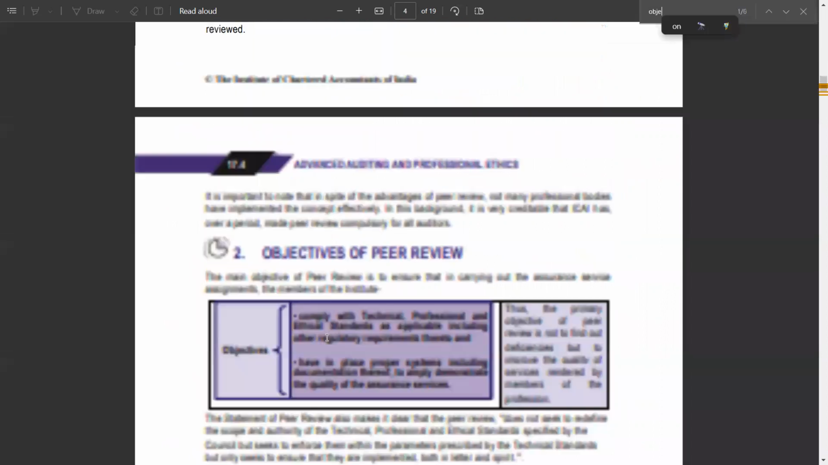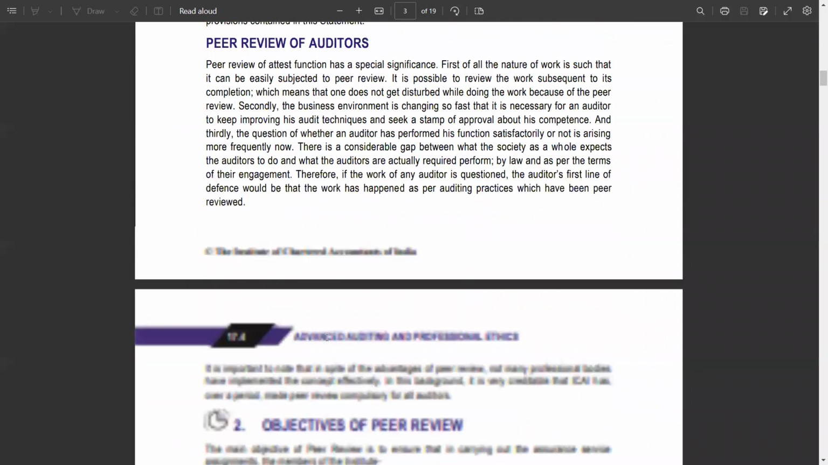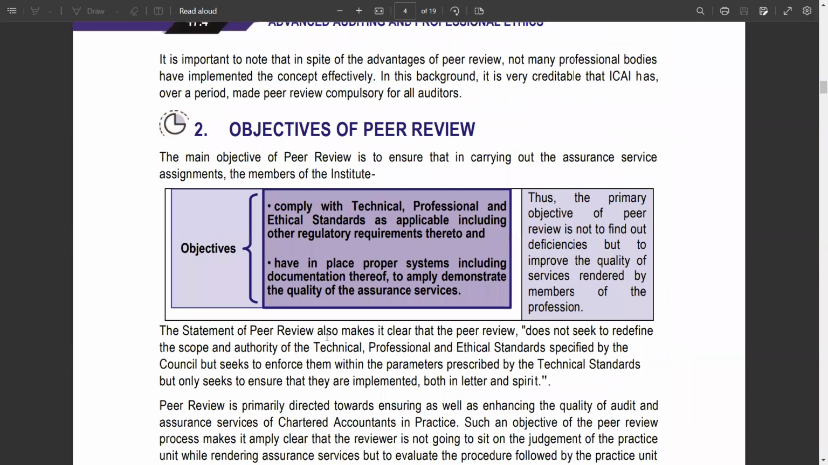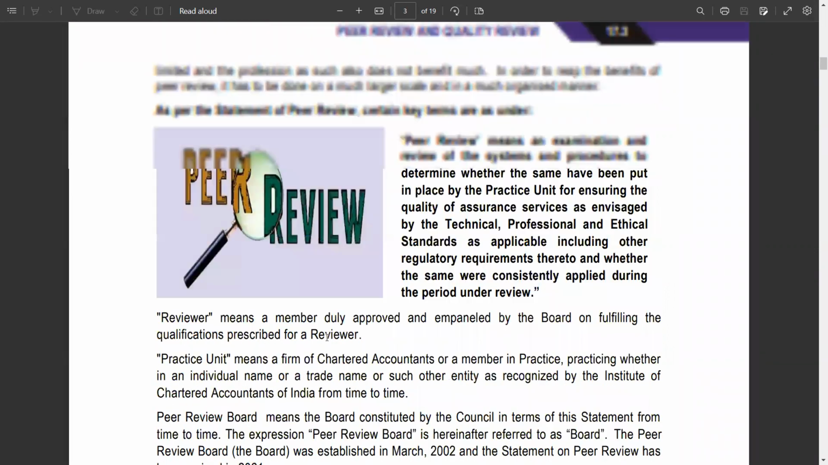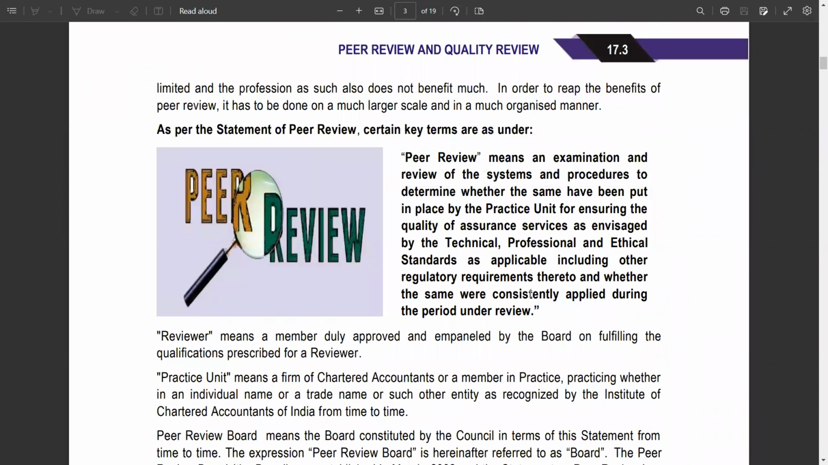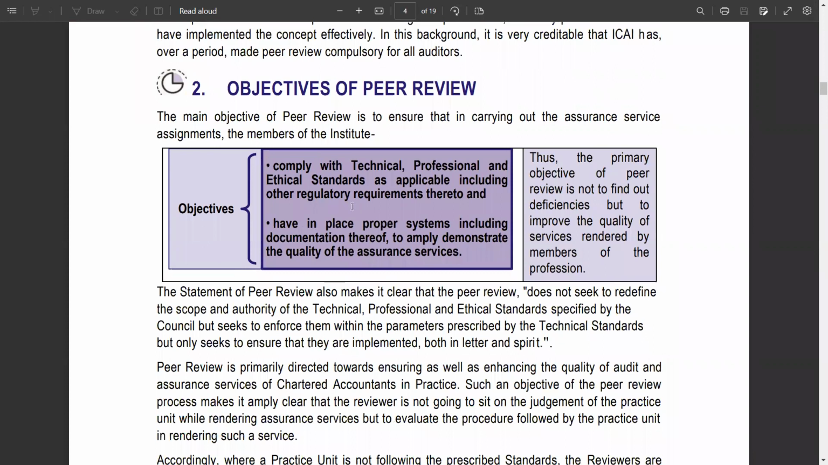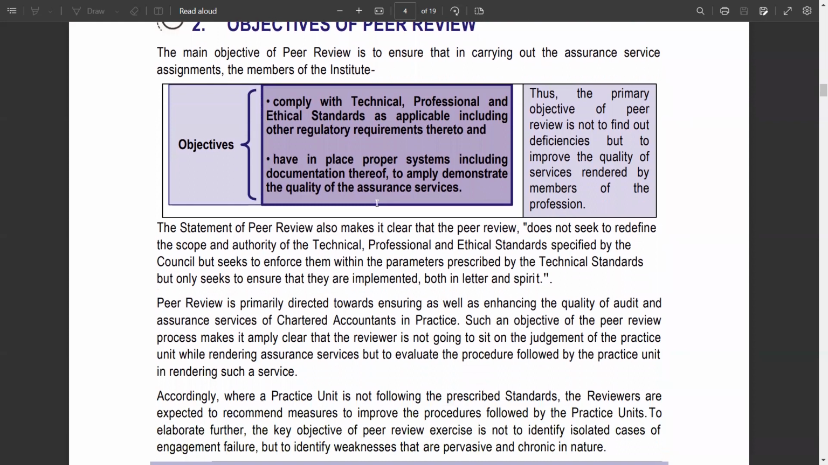Let's move on to the objectives. So what are the objectives? The basic objectives of peer review, you can extract this from the definition itself, are to comply with the technical, professional, ethical standards. First one. Then another one. In addition to technical, professional, ethical standards, you have to do a compliance